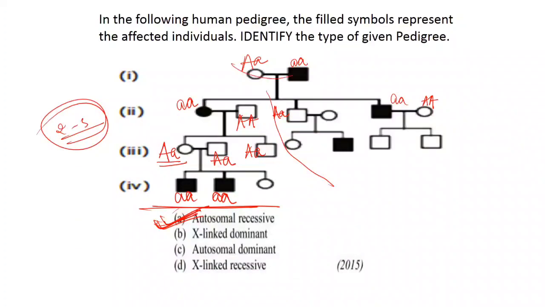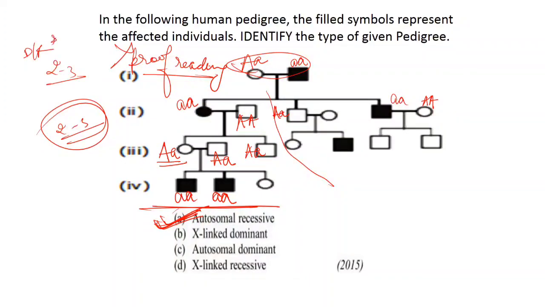All this I have done just for proofreading. If you have time, you can do that. If you don't have time, then you don't need to do this, because with the 2-3 steps that I have said, you can see whether it is dominant or recessive by the skip of generation, and after that you just have to apply the steps that I have told you for X-linked recessive, and you will come to know the answer.